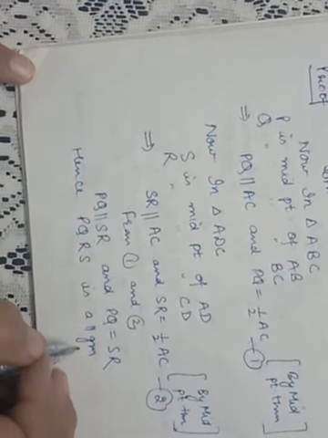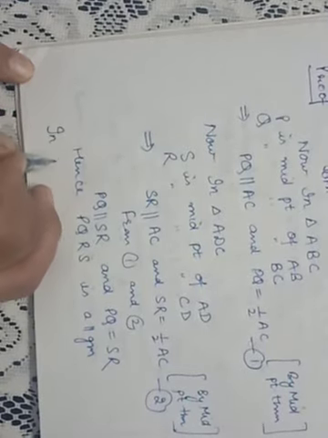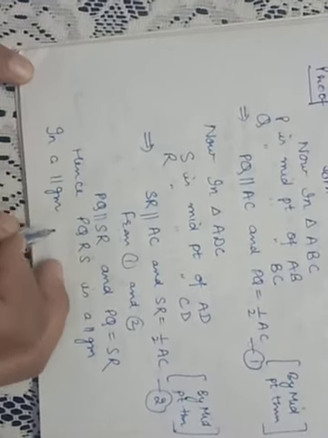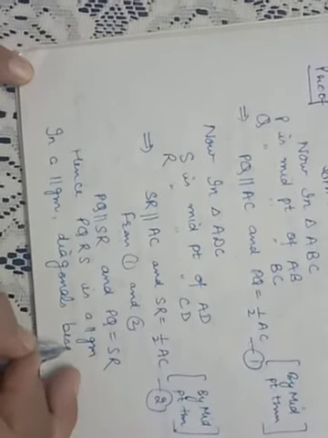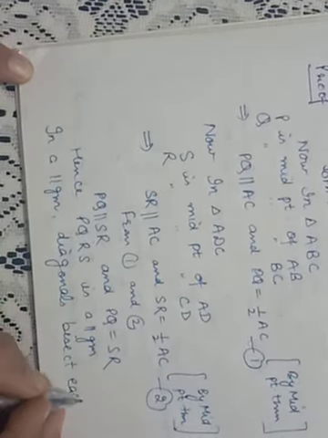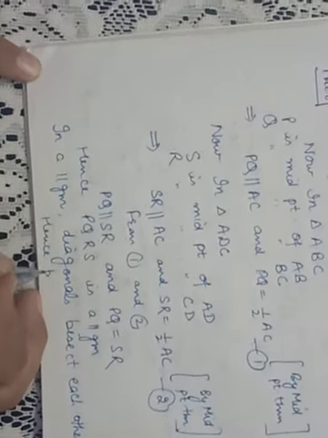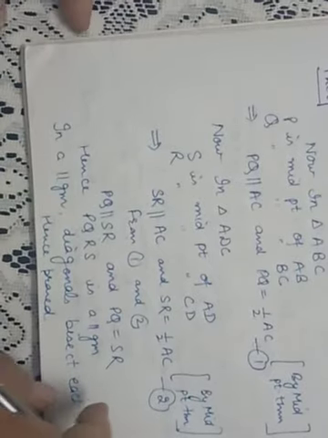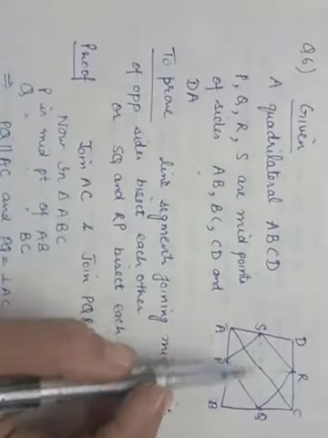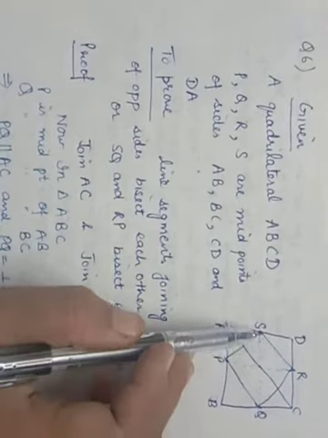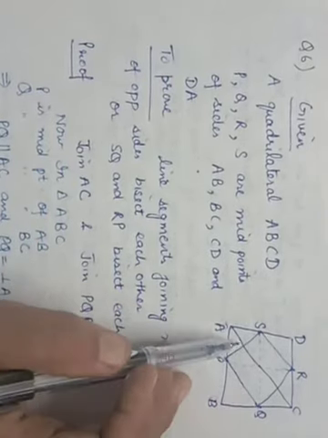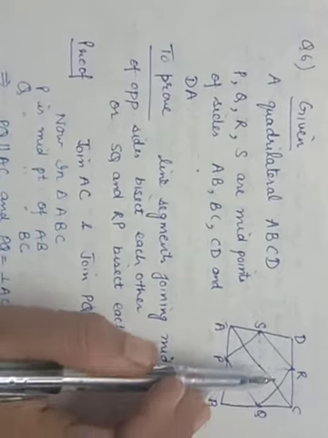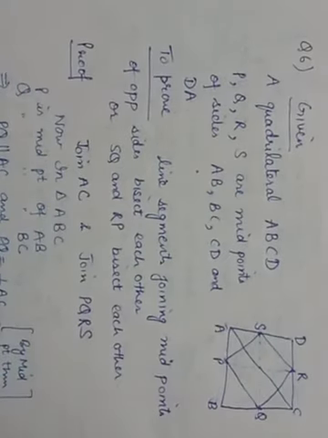And we know that in a parallelogram, diagonals bisect each other. It is a property of a parallelogram that the diagonals of a parallelogram bisect each other. Hence proved that these two lines bisect each other. We have to prove that this and this line are bisecting each other. We have proved that this is a parallelogram and these are the diagonals. So in a parallelogram, diagonals always bisect each other. Hence the theorem is proved, and this way we can do this.